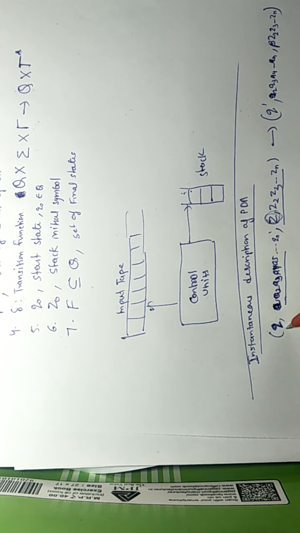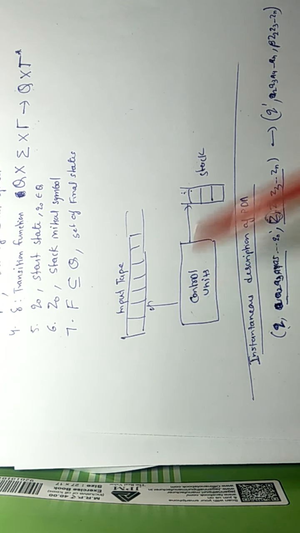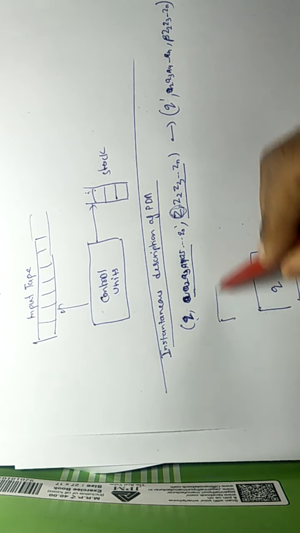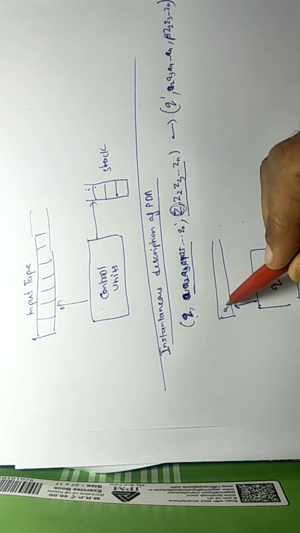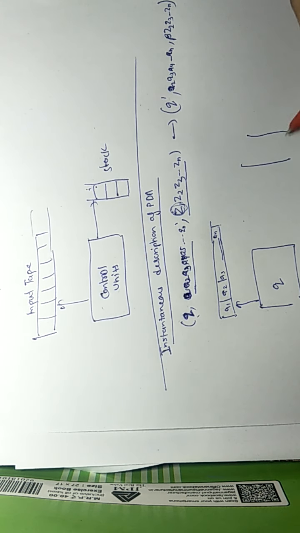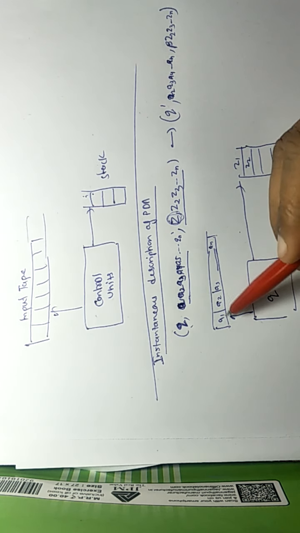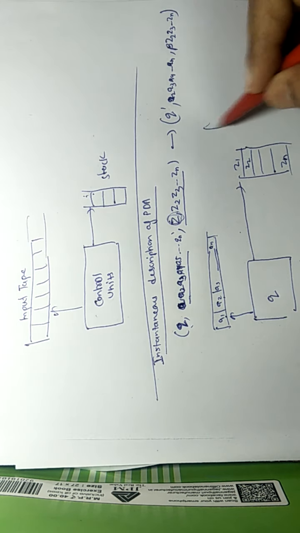We have a state q, we move to q dash state. We have state q here. In the input file we are reading a1, the other inputs are a2, a3, a4 and so on, and in the stack we have Zn, at the top we have Z1. So how does it convert? It reads a1 and moves to a2, the control unit state becomes q dash.